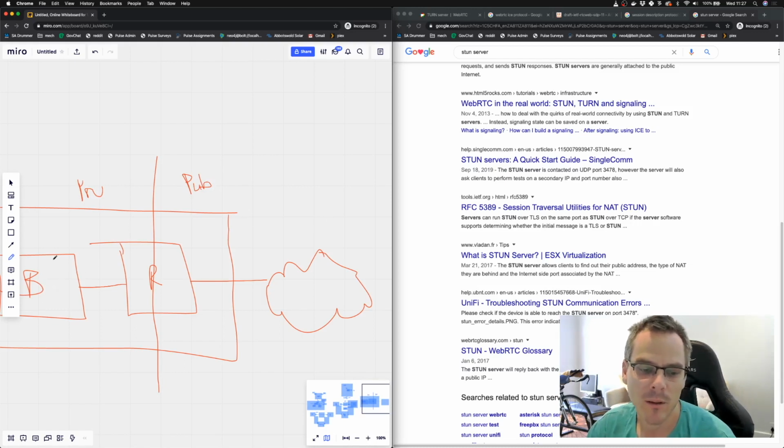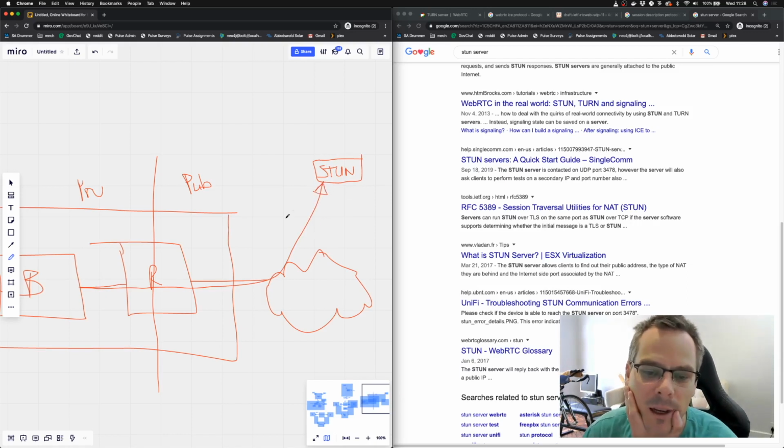So what this client could do without having any support from the router is connect to a STUN server living on the internet. This browser could connect directly to it and just say to the STUN server, hey, what is my source address? Where did this packet come from? The one that's just hit you. And obviously what it would see is the address of the sender, which is really this guy here. So the STUN server would just reply back to the client,